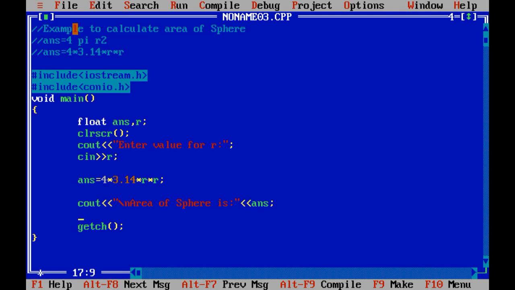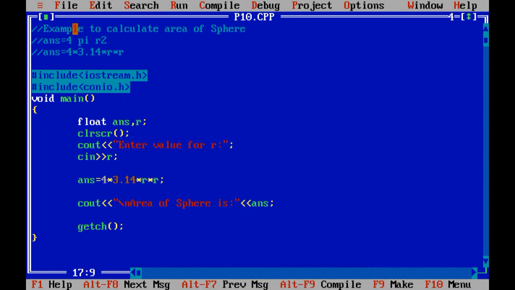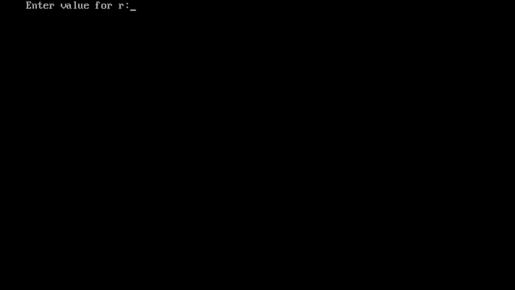Now let us save the given code as p10, because this is program number 10. p10.cpp. Now let us run the given code by pressing Ctrl F9. I'm inputting 10 into r and the output is